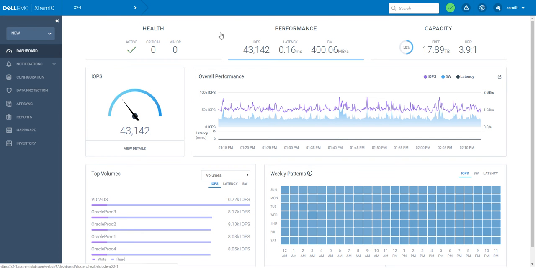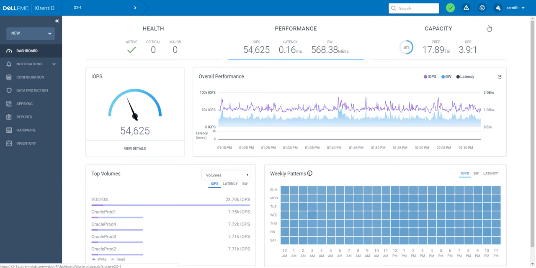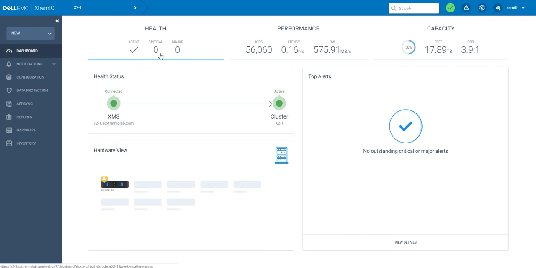As you can see, this big white area is the main viewing pane. To the left over here is the navigation menu, and this top blue bar across the top is the less frequently accessed configuration options and items. So here we see health, performance, and capacity. This is an active array, so you'll see these numbers change to reflect the activity on the array. We drill down into health, and we can see that the XMS is green, good to go,